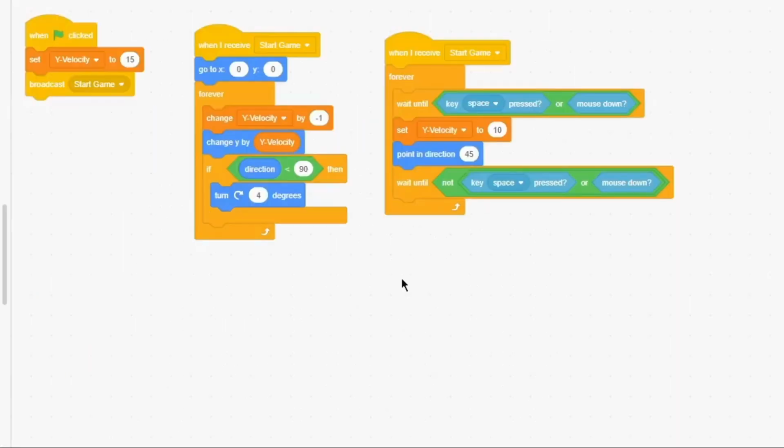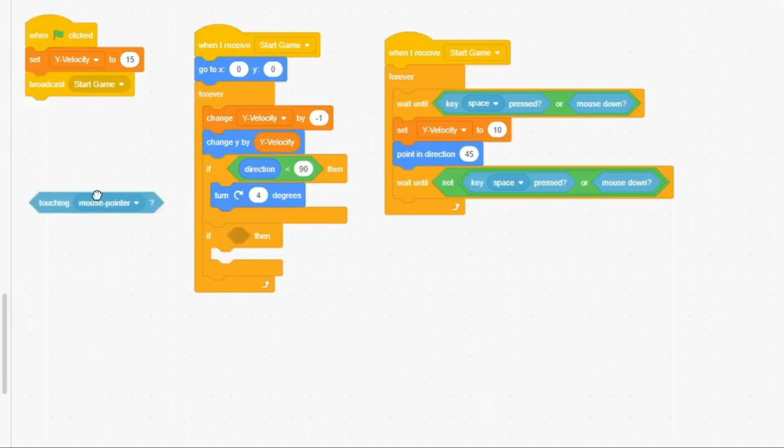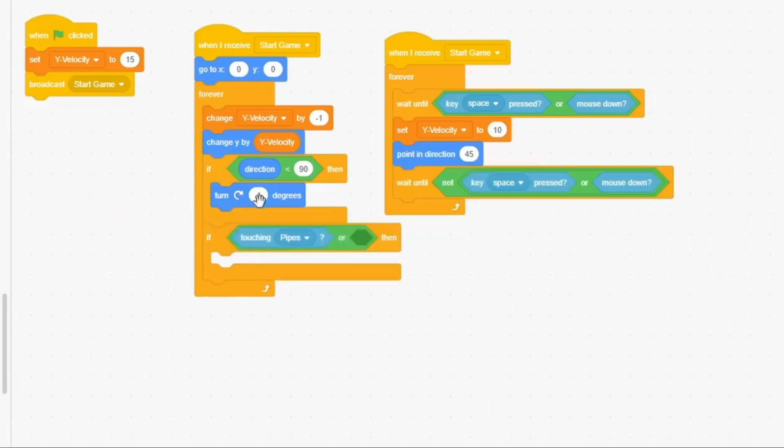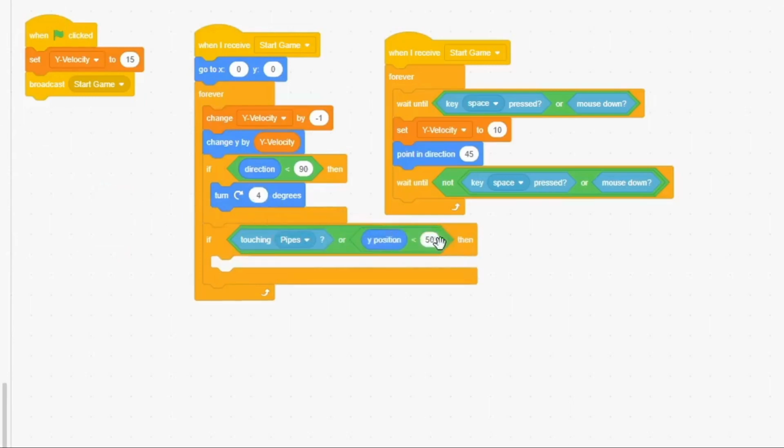Okay, now we're gonna go back in the player sprite, and we're gonna make it so that when we're touching the pipes, we're gonna just stop the whole game. So if touching the pipes, or I'm gonna grab an or from here, or our Y position is less than, I'm gonna say about, that's about right